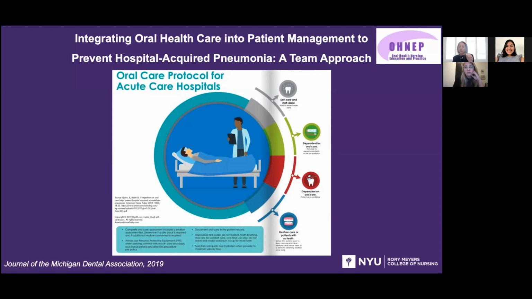So using the VA protocol, oral hygiene is implemented, from independently to totally dependently, 2 to 4 times a day. And that, along with the positioning, elevation of the head of the bed, ambulation when possible, et cetera, that Jessamine just mentioned, are the elements of the protocol